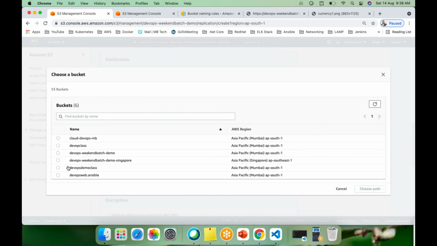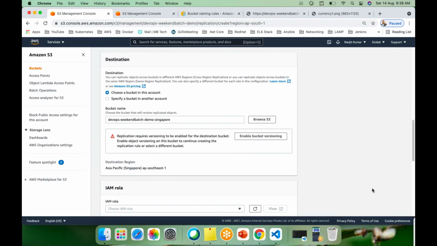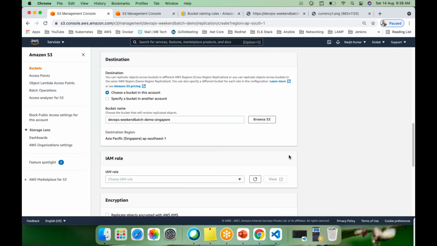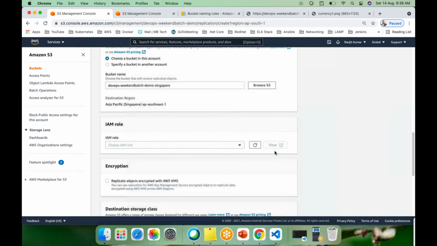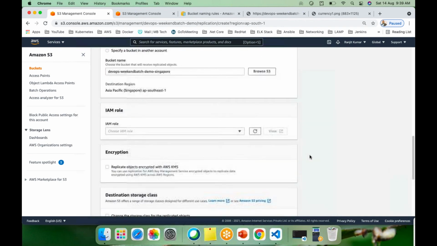Block all public access. And as I told you, both the replication source and destination buckets should be version enabled. So we have to enable versioning, otherwise it will not work.